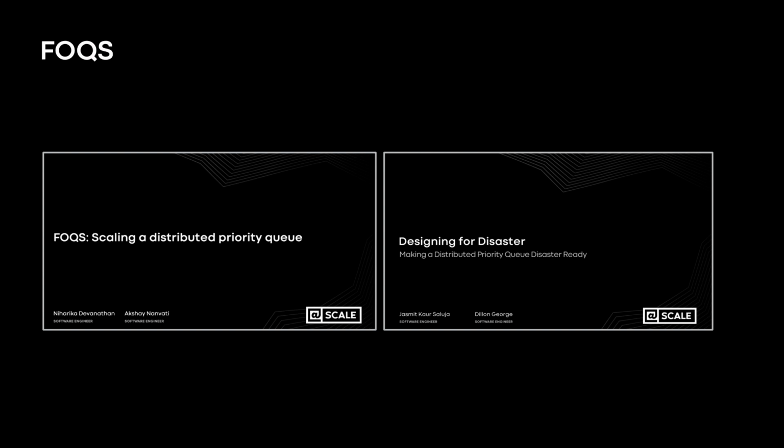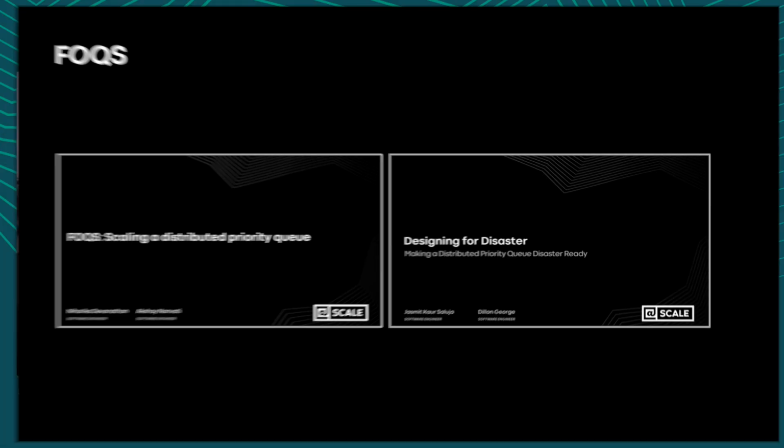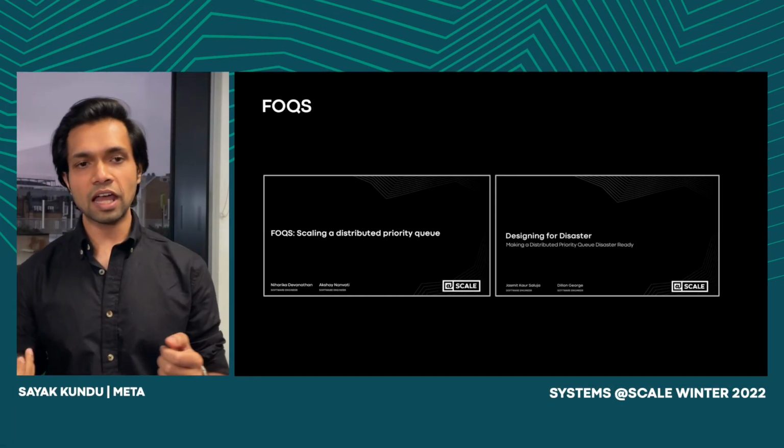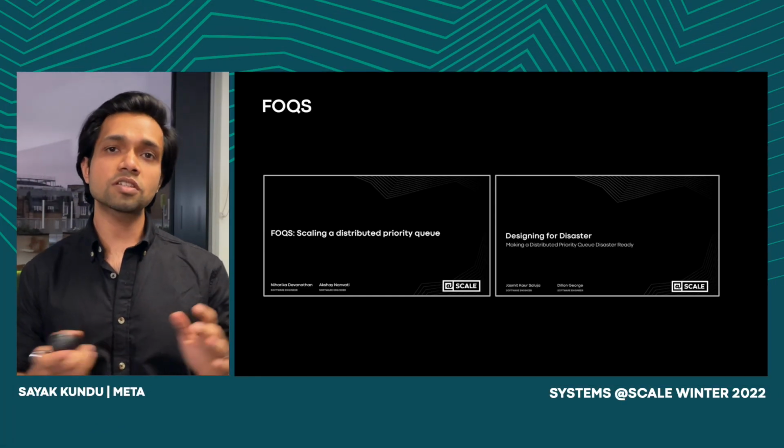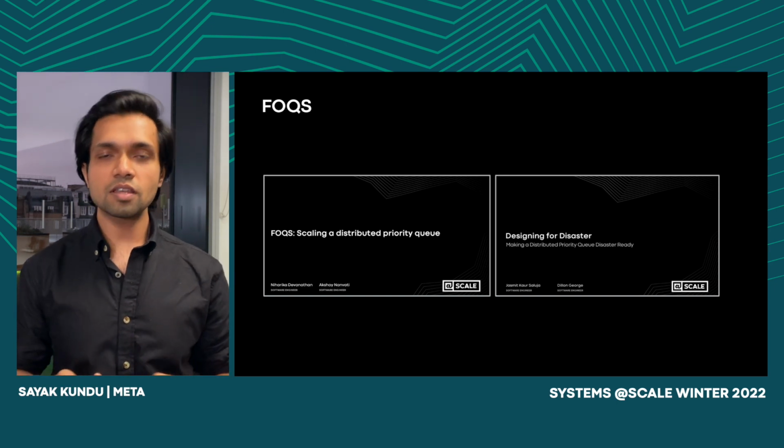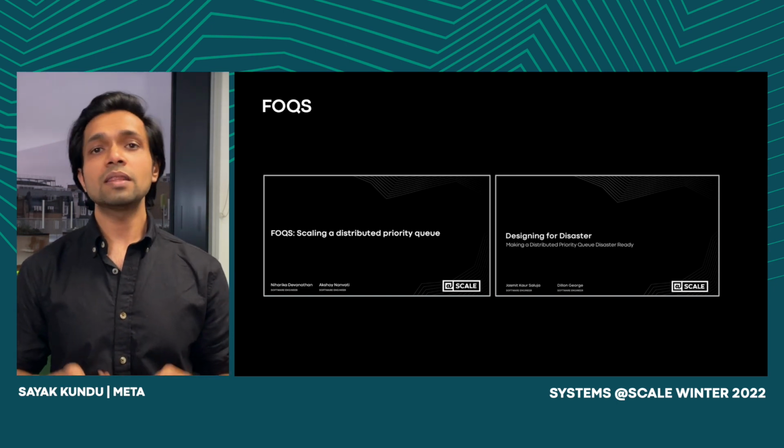Fox is an abbreviation for Facebook Ordered Queuing Service. It's a distributed priority queue which we have homegrown in Meta and is used extensively. There are two good blog posts in our engineering blog which describe how Fox works. For this talk, we'll go over the main features of